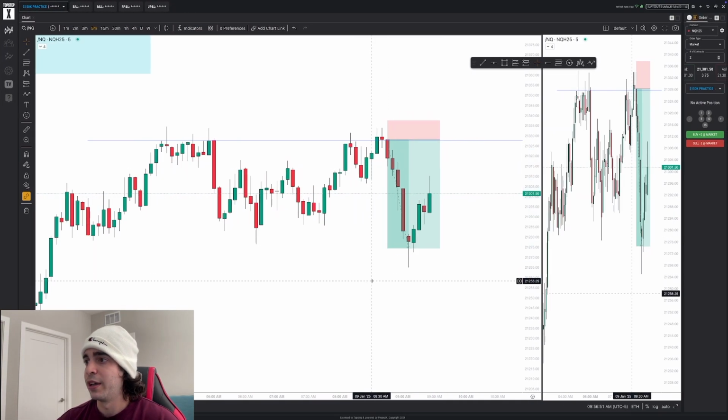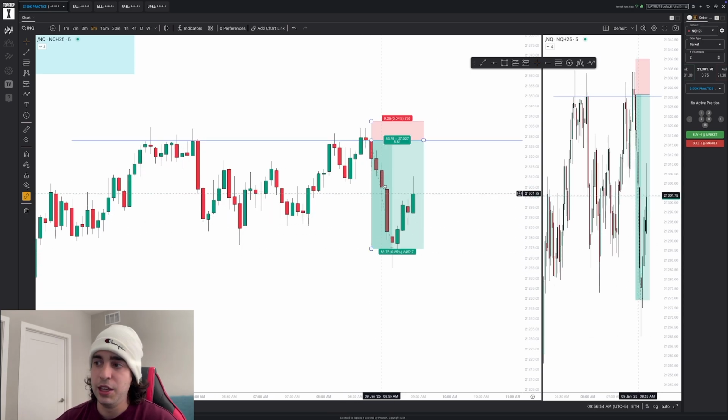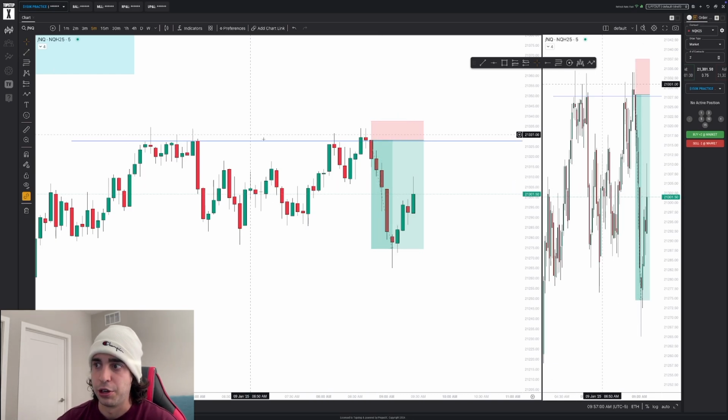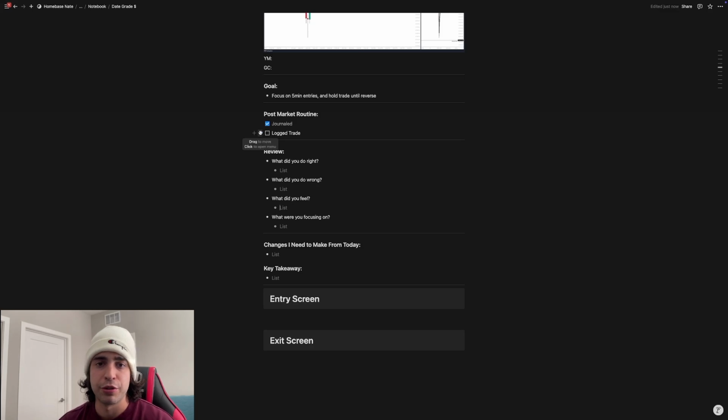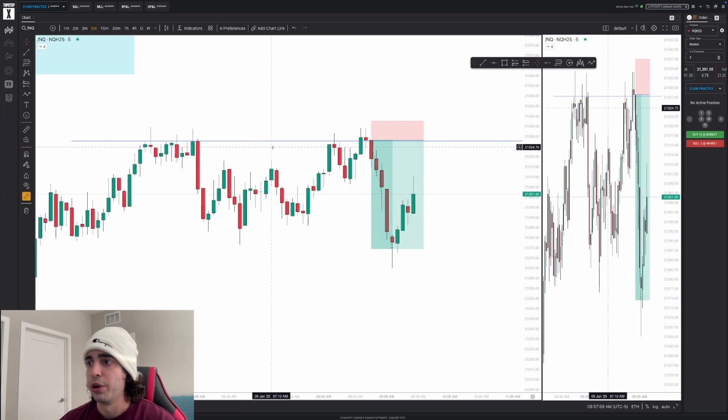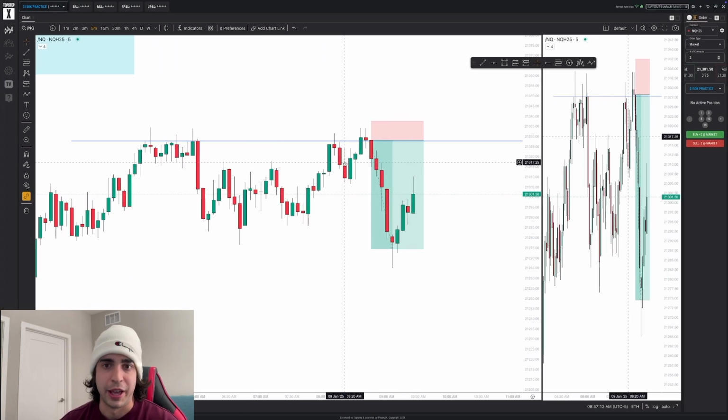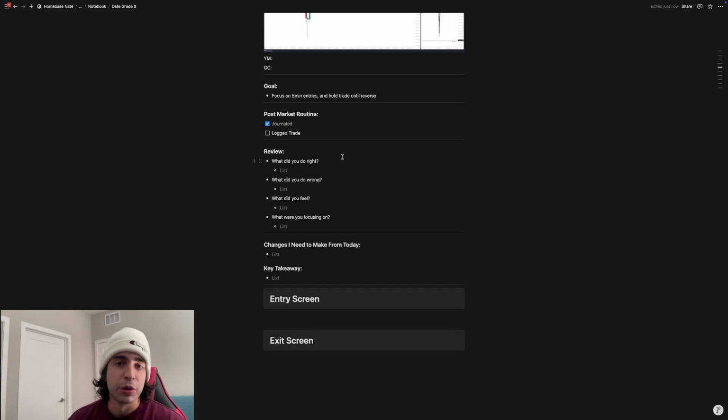So for example, I could say here I was focusing on the break of structure that occurred on my setup, and that made me feel confident about the trade. Cool. Or let's say it was a trade that didn't work out. You can say I was focusing on my lower time frame bias and the trend on the lower time frame. However, the higher time frame was something I should have focused on instead. And so over the course of time, you'll have all these examples, all these data points that you can reference back on, and then really figure out the things that you should be focusing on